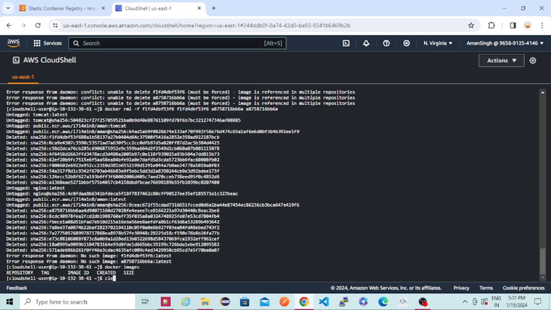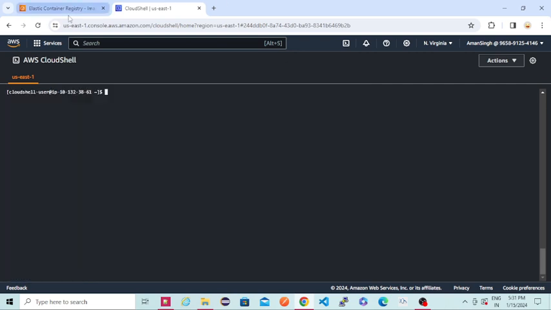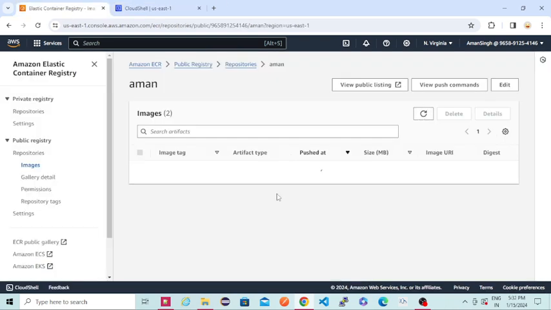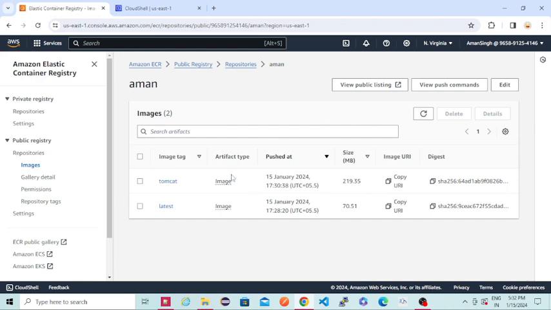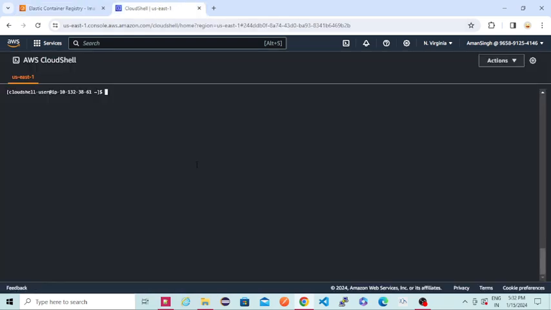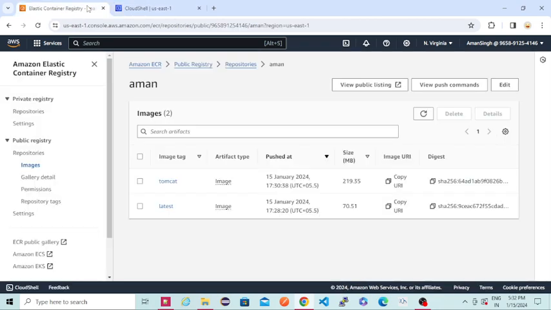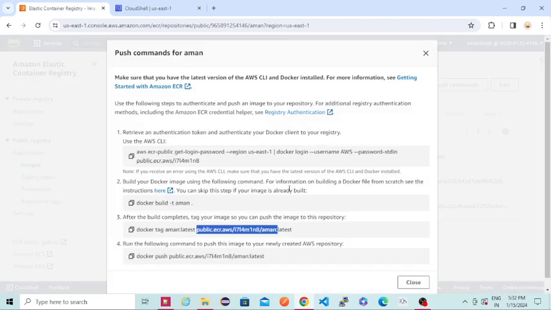Okay, now we don't have any image here in this repository, and here you can see we are having two tags under that single repository. One is Tomcat, one is Nginx, right? So now if you see, I'm not seeing any image here in this cloud cell. So here you are seeing pushing an